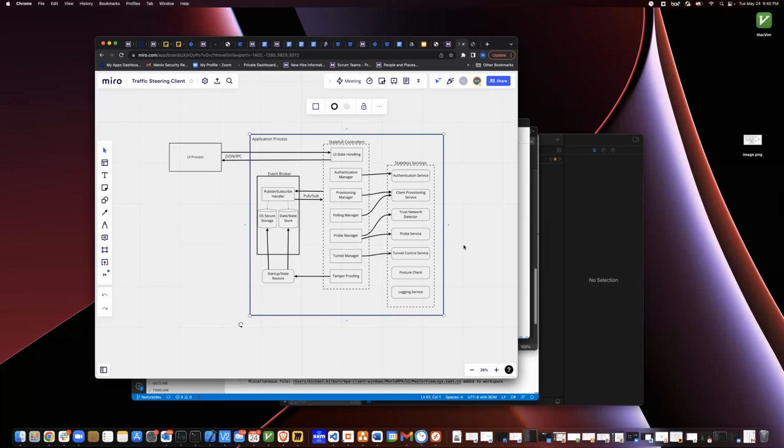And what I'm doing at the moment with this tunnel control service is creating an API, which is effectively a DLL, which has methods that the tunnel manager can call, similar to what is done now: starting the tunnel, stopping the tunnel, adding an endpoint,